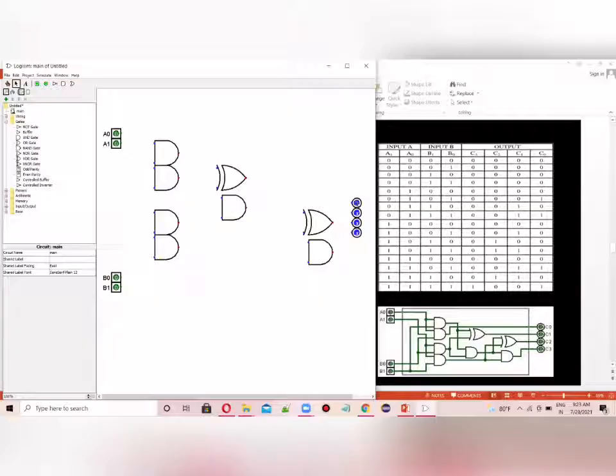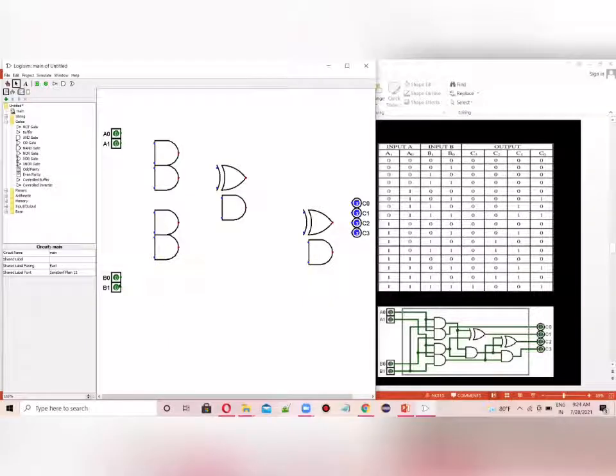Now let's change the outputs as C0, this as C1, this as C2, and this as C3. Now it's done.